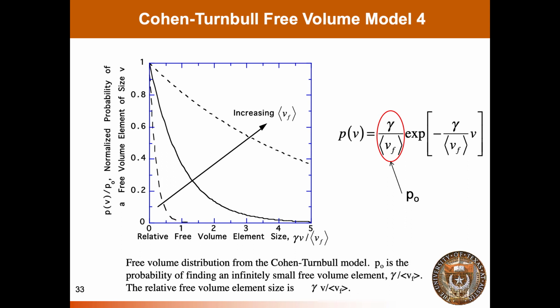And what you can see is that if you're a really small penetrant, you only need a very small amount of free volume in order to diffuse, that even if the free volume is low, there's a high probability that there are available sites for diffusion to occur. Whereas if you're very large and the free volume is low, you're out of luck. It's incredibly rare to find in a low free volume material a big opening for a large molecule to go through. As you increase the average free volume in the system, then